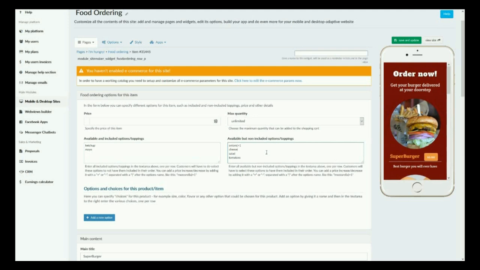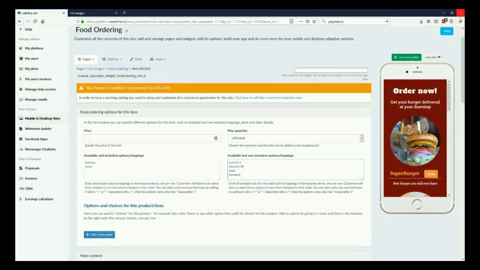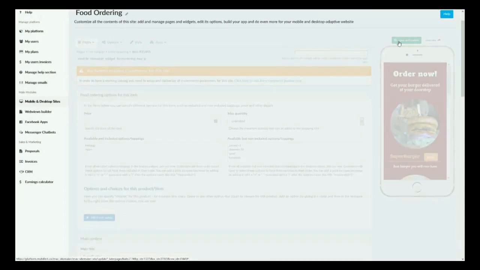If you want to add extra price to them, you'd simply follow the instructions here. You'd create this symbol followed by a plus and a 1, and that's right above the enter. So if you hold shift and then the slash key right above the enter key, it'll create that symbol, and you add a plus sign. You can do, let's say for example, plus 0.50 for cheese, and then we'll leave the plus 1 for onions. And when we save that